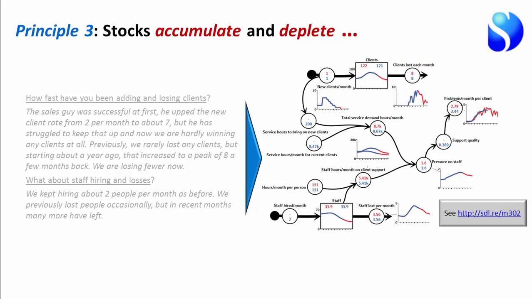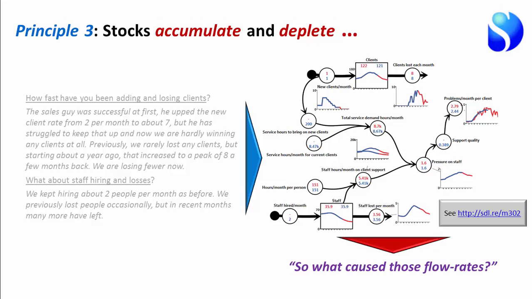So now, well, what caused those flow rates? So for the first part of the process, the problem rate was the dependent variable we were trying to explain, and we ended up explaining it by what's changed in the stocks. In the second round, it's the flow rates that are the dependent variable we're trying to explain. Right? So each flow rate, what explains it?